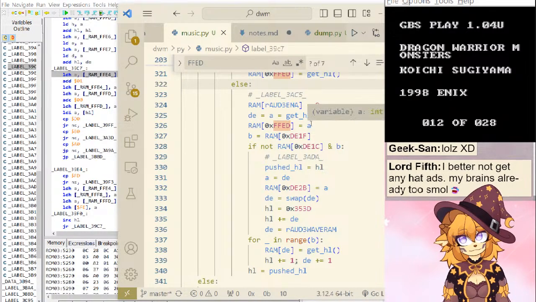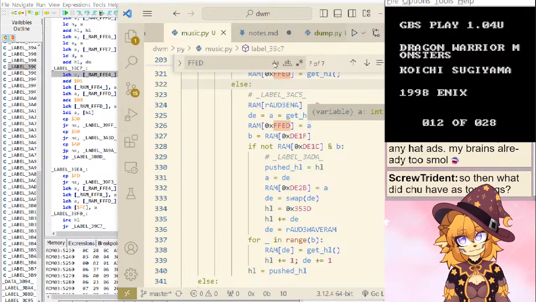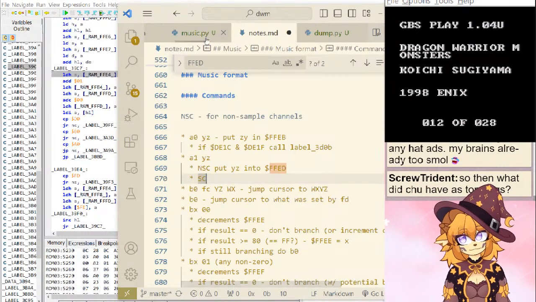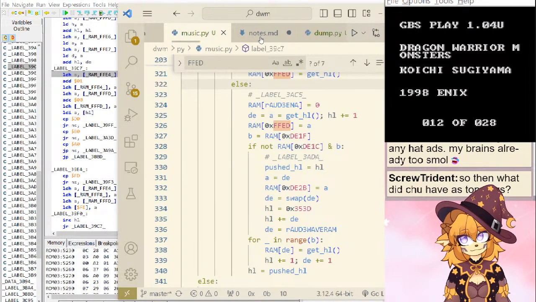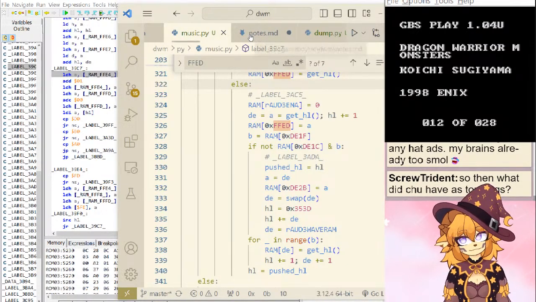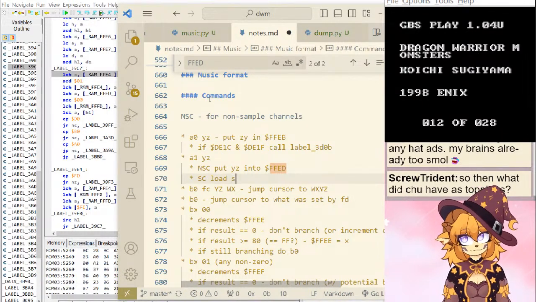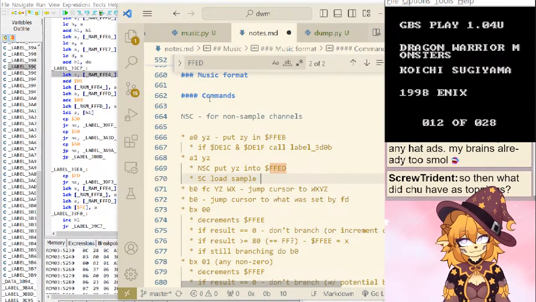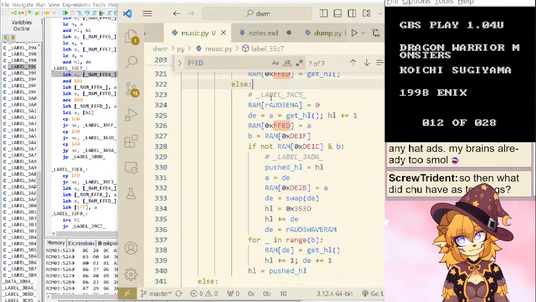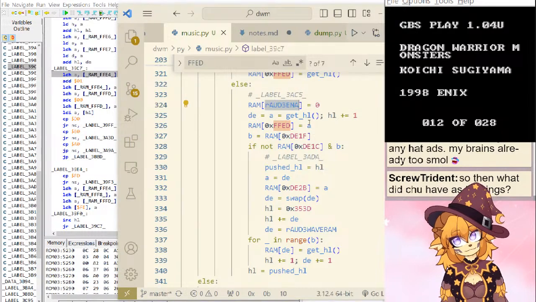This, that's example, next YZ. This is a proper loading. It disables the channel.